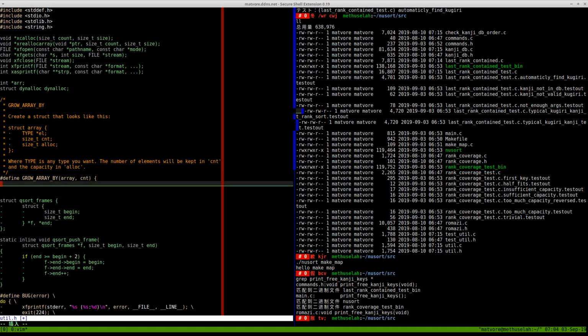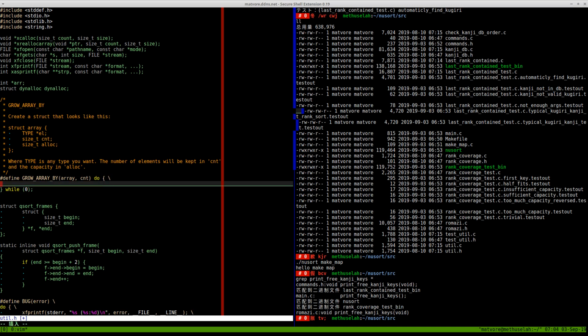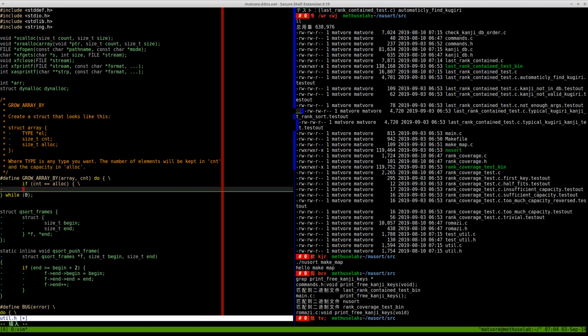So I think we usually like to do a do-while false, or while zero. I'm not sure why that's the preferred way to do it. So it's kind of a cargo cult. But so we do, if count is equal to alloc, then this is the case where we need to grow it, right? So let's see. So here we'll say array dot element,